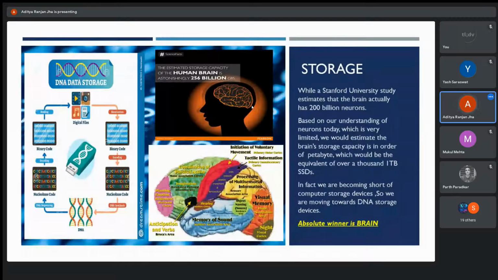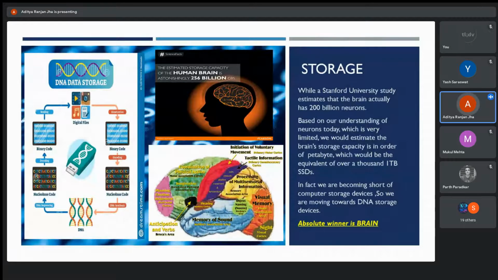But when I talk about the brain, it doesn't store information in binary encoding. It has millions and billions of neurons, and each neuron has some form of information. Whenever a thought is processed or whenever action is required, each neuron gets a spark, and that lights up the neuron, and that part of the brain sends action to your body, and your body acts as an actuator to respond to this situation.